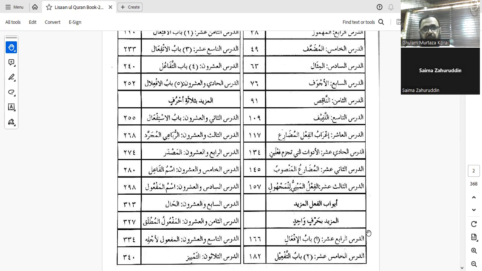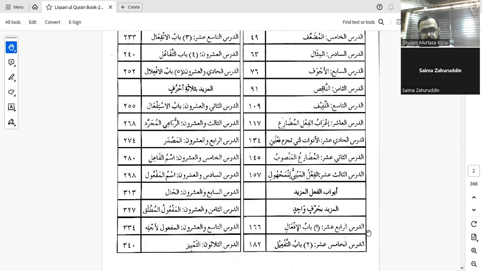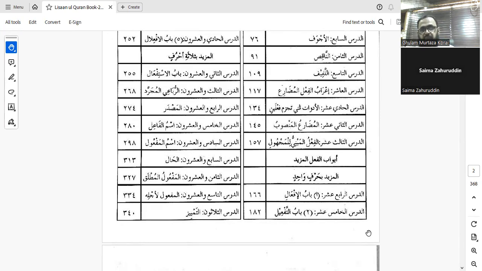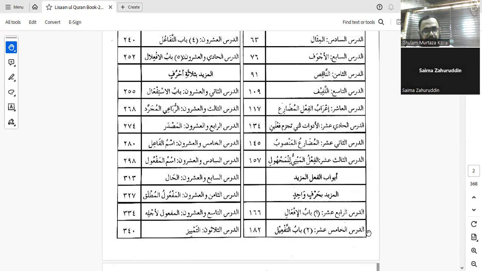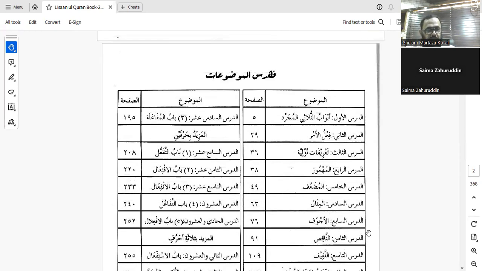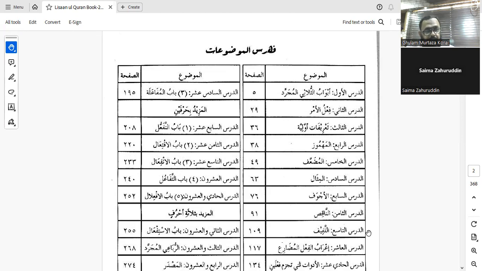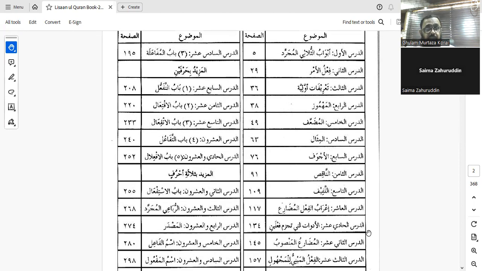Then af'al, abwab al-fi'l al-mazid, thulathi mazid. Then al-mazid bi harfin wahid. And there are abwab, ad-dars ar-rabi' 'ashar, bab al-if'al. Then the next lesson bab al-taf'il, and dars as-sadis 'ashar bab al-mufa'ala. Then al-mazid bi harfayn, باب التفاعل, then باب الافتعال, باب الانفعال, then باب الافعلال, then مزيد فيه